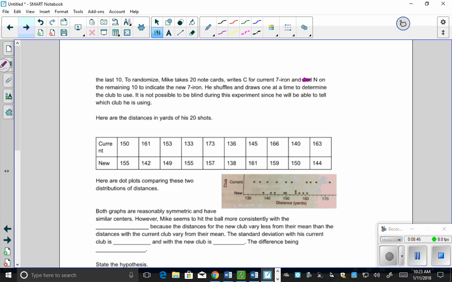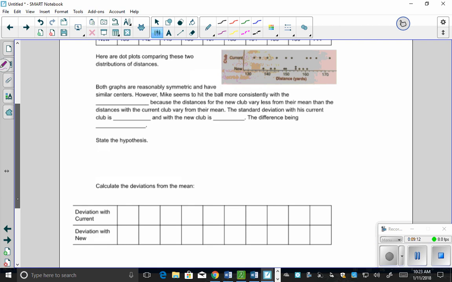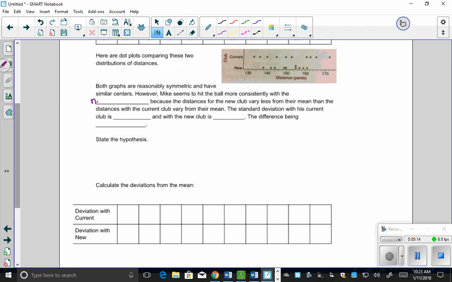However, Mike seemed to hit the ball more consistently with one club. You have to ask yourself, which graph has the points closer together? Well, if you look at the graph, it looks like most of the points are closer together with the new 7-iron. So it looks like he's more consistent with the new 7-iron because the distances for the new club vary less from their mean than the distance with the current club that